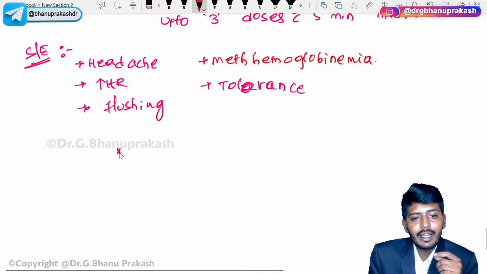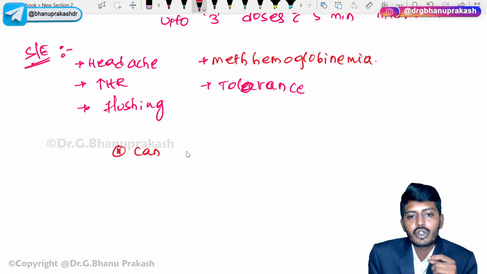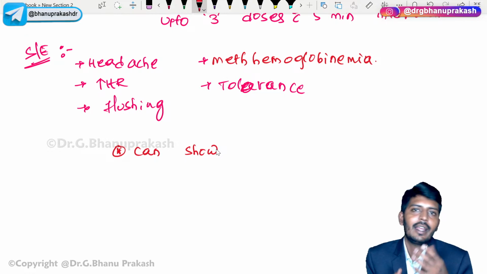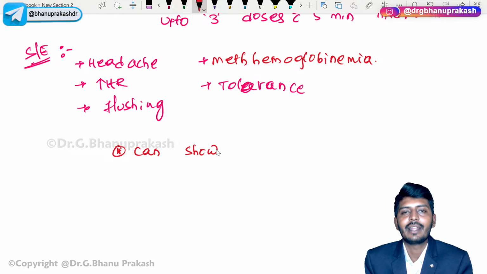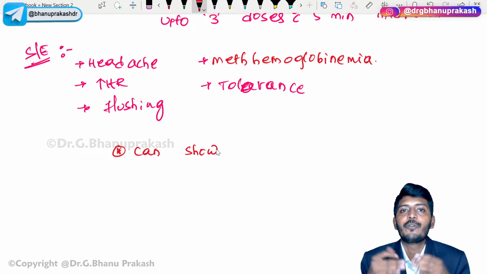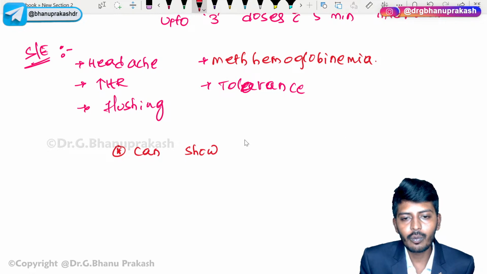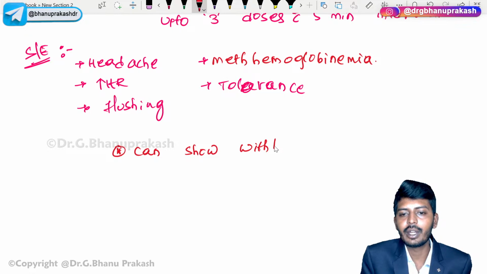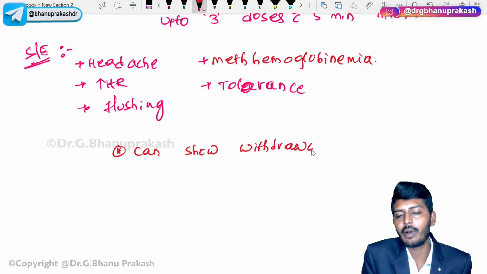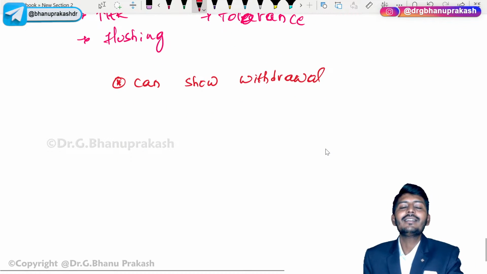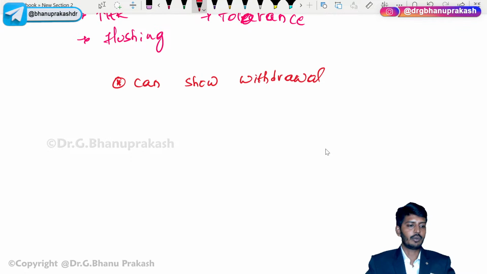these nitrates can show a withdrawal effect. Yes, you might be thinking, sir, withdrawal effect is seen for, for example, clonidine, an antihypertensive, or drugs like morphine or some opioids, right? How will this cause it? Yes, it will show withdrawal. How exactly? Once the patient stops using nitrates,